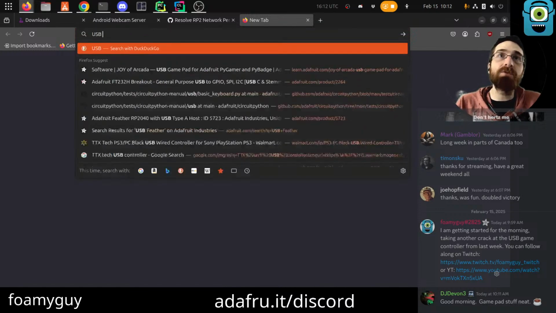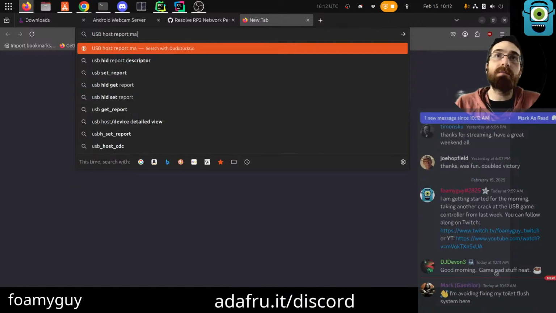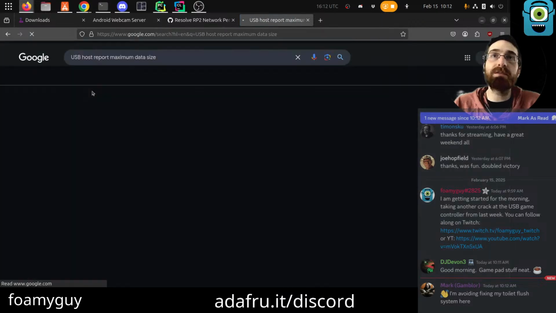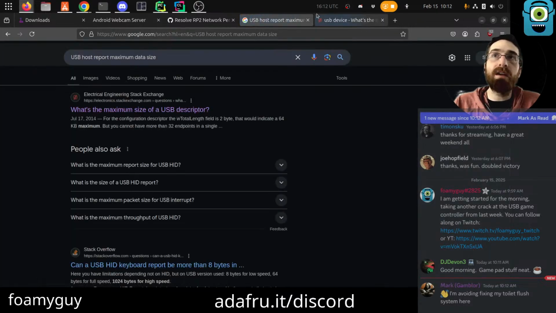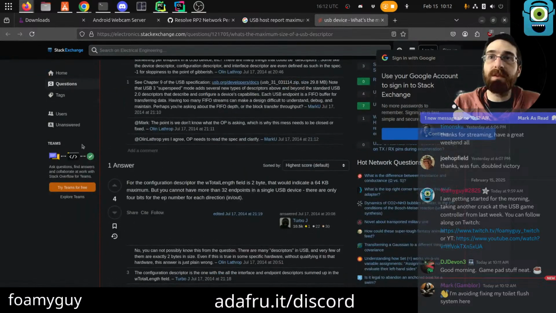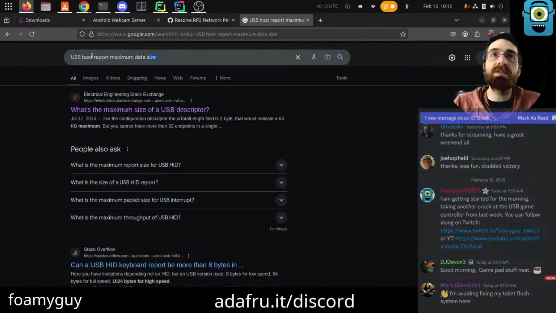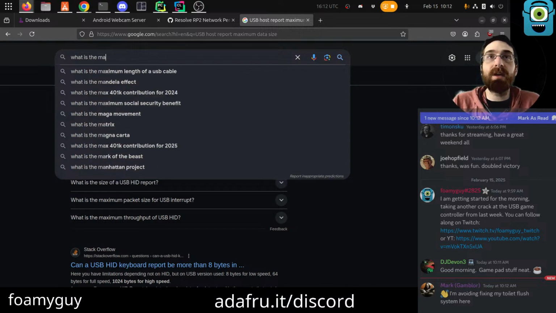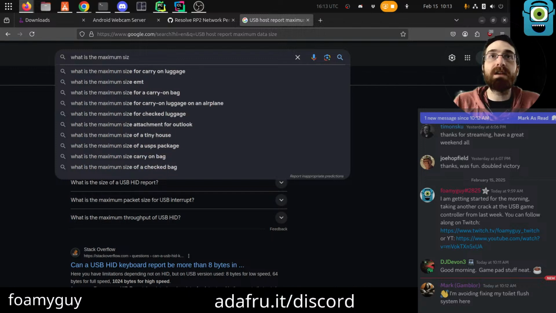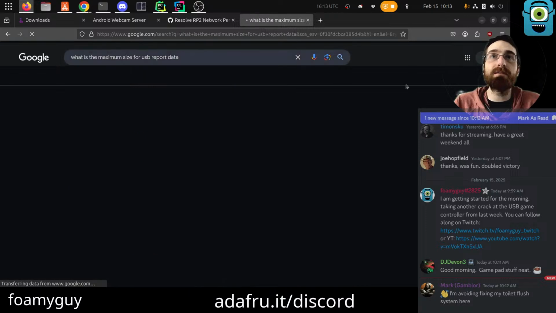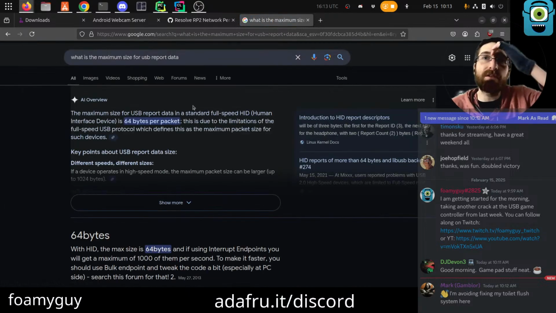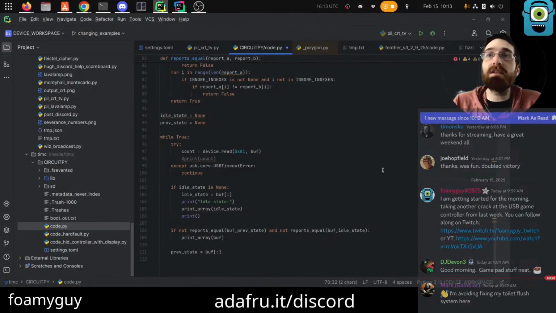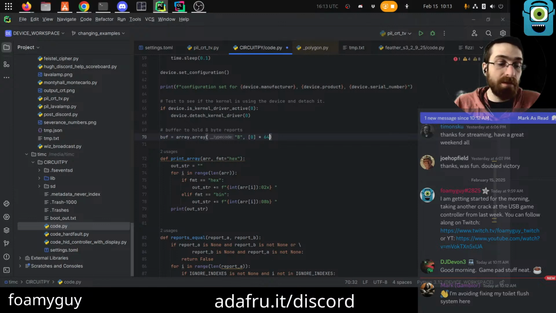I went and looked up like USB host report maximum data size or something like this. And I found something that made me think it was 64. This was not it, because this is talking about 64K. What is the size? I don't remember exactly what I searched, and I don't know the proper terminology for what I'm actually talking about, which makes it tough. What is the maximum size for USB port data? 64 bytes. This, I think, is what I found. 64 byte packet. So I think if we were to just make this 64, then we should be safe on